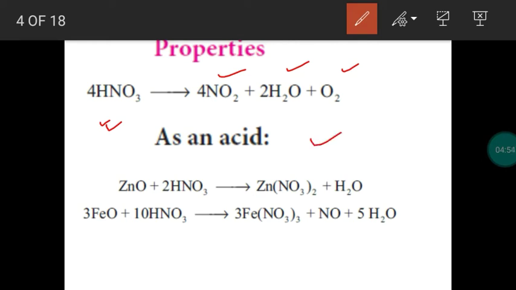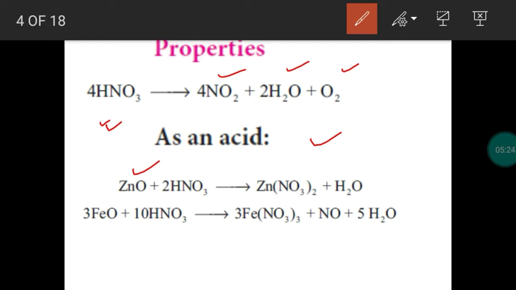Write a note on the acidic nature of nitric acid. If a substance has acidic property, it will combine with a base or basic substances. So we can add any bases like sodium hydroxide or potassium hydroxide to nitric acid. We get salt and water due to a neutralization reaction. Or else we may add nitric acid to basic substances like metallic oxides. The property of metallic oxide is basic in nature.